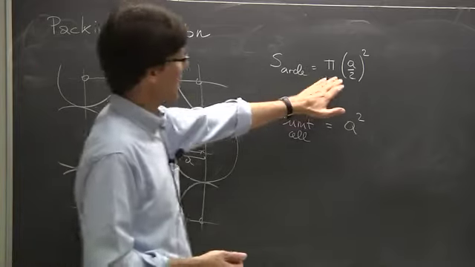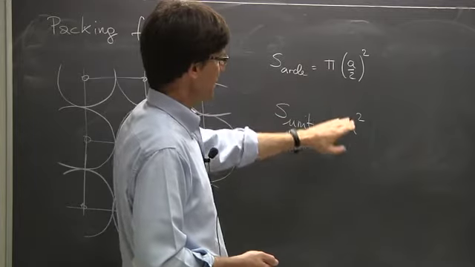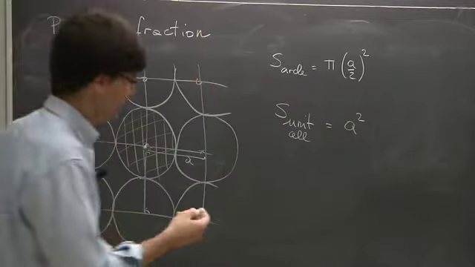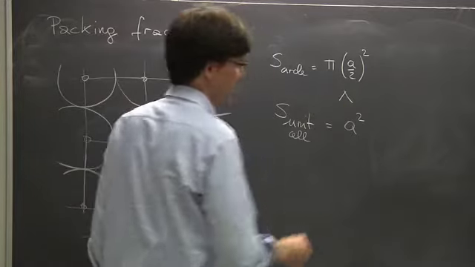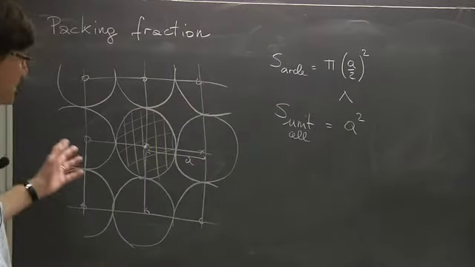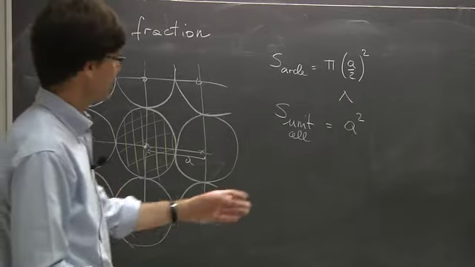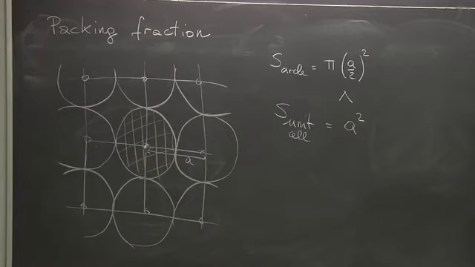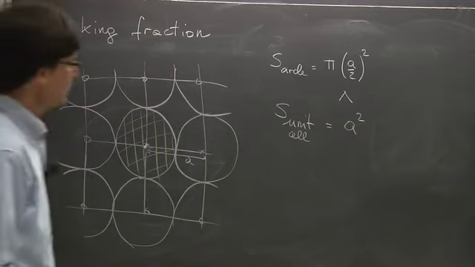So the area occupied by the circle is this. The area occupied by the unit cell is this. Obviously, hopefully, this number is larger than this one, right? Because otherwise, I did a mistake somewhere. That is, the area occupied by the circles must be clearly smaller than the area occupied by the unit cell. So by packing fraction,